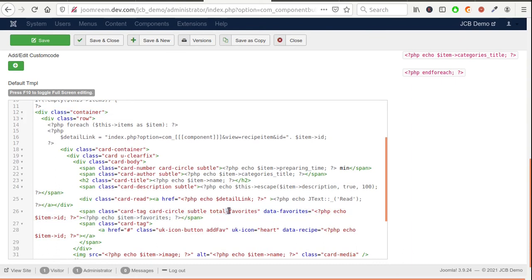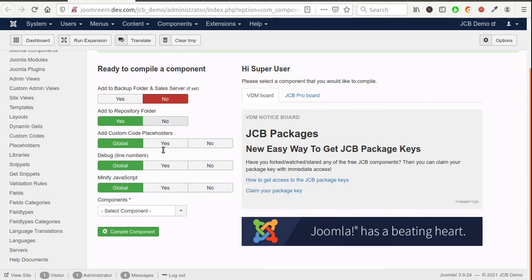Yes, one more typo error here. It should be underscore instead of dash. Update the component again.